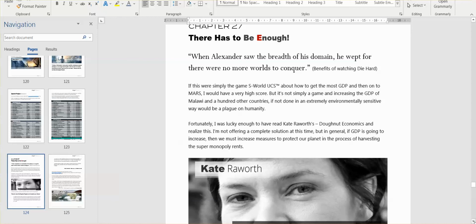If GDP keeps going up and up and up, then the whole world, if it's going to increase, needs to increase in a way that is not only carbon reducing, but also resource reducing. So finding ways to make parts in ways that are not hurting the planet. Okay, so there we go.